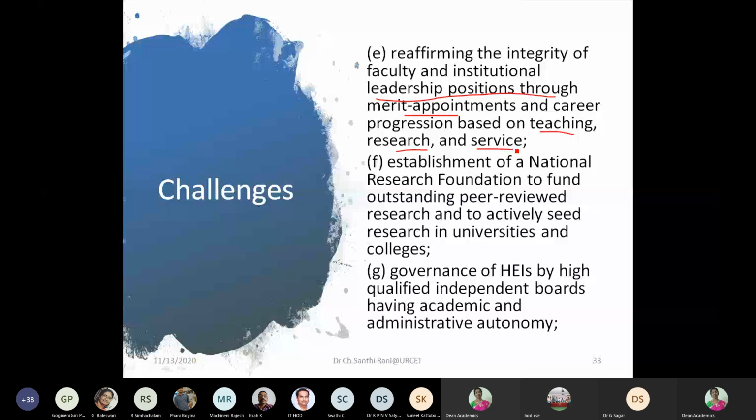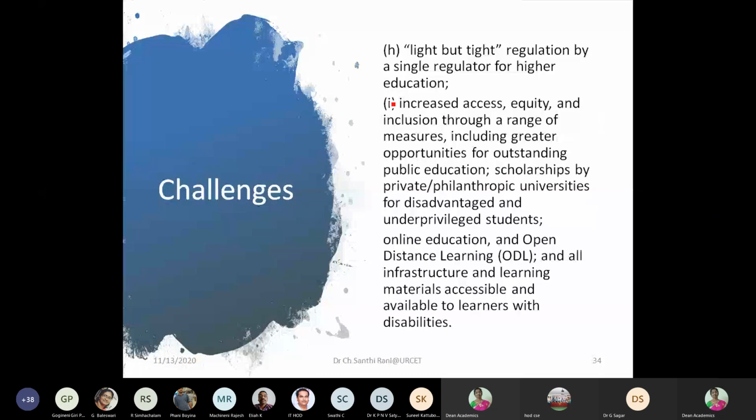Then another big challenge is the establishment of National Research Foundation. That is another challenge, and it is going to grant some funding to all other research universities. Okay, and governance of higher educational institutions by highly qualified and independent boards having academic and administrative autonomy. So all these are the major challenges ahead of this policy, and how to